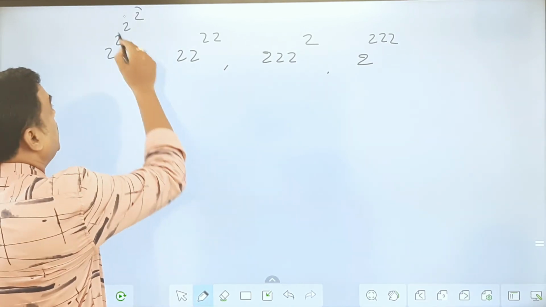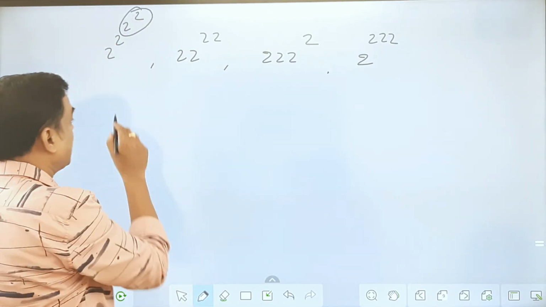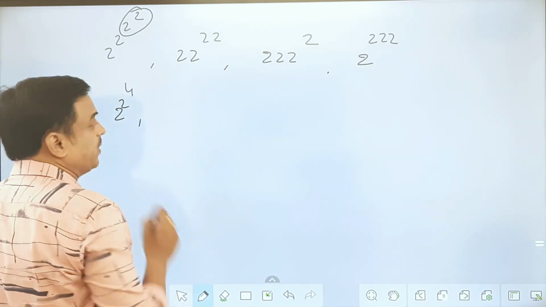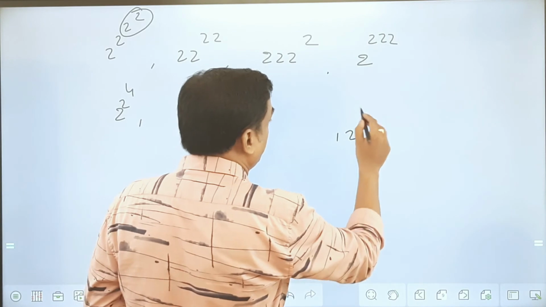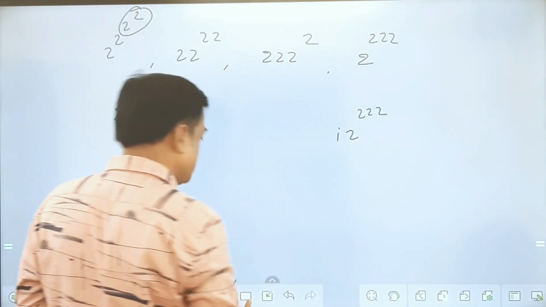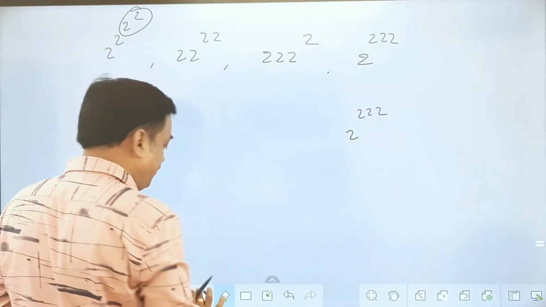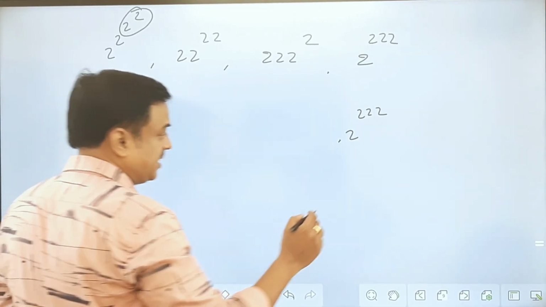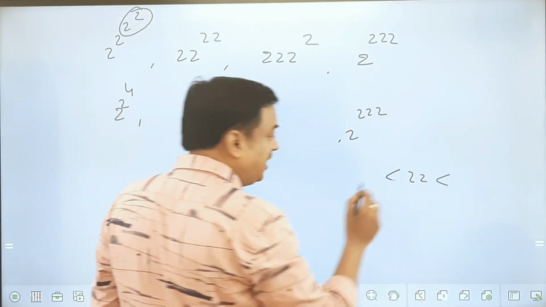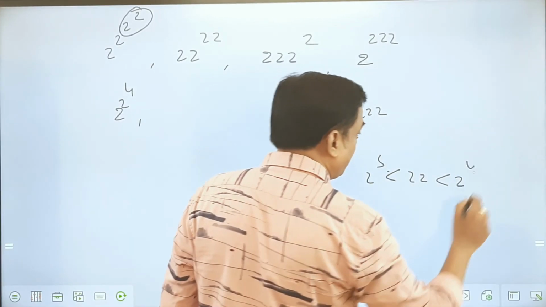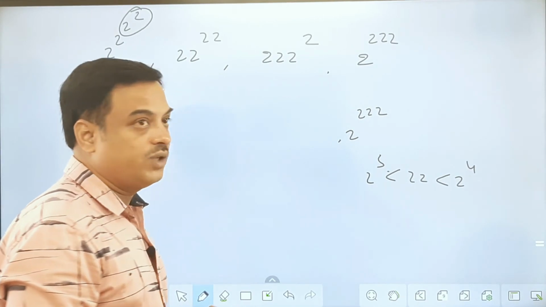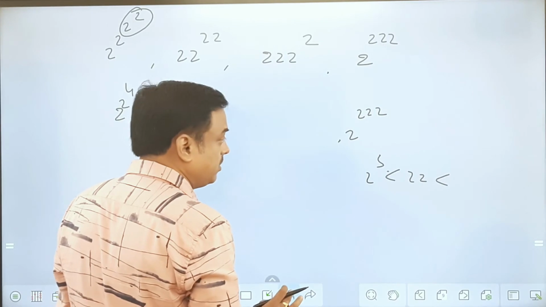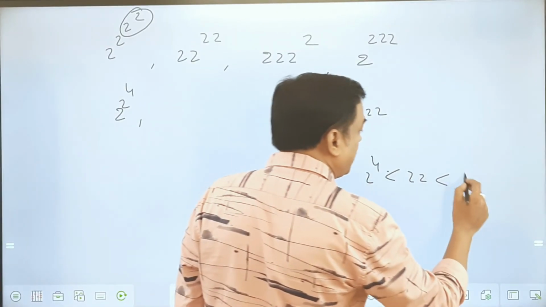So I actually have to do not much in those 2 cases. Like this one, what is 2 power 2 power 2 power 2? 4 can be rewritten as 2 power 2 whole to the power of 4 here. Next one, here this is 2 to the power of 222. This is already fine with me. I don't have to do anything on that. Great. Next one. What I can do now for the rest, 22 I can write between 2 power 3 and 2 power 4. Am I right or wrong? What is 2 power 4? 16. I'm sorry. Rather I would say 22 can be written between 2 power 4 and 2 power 5.